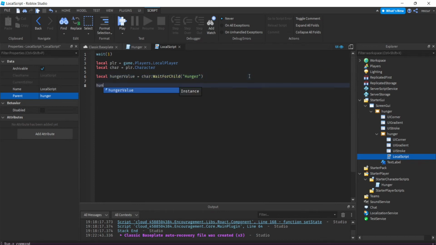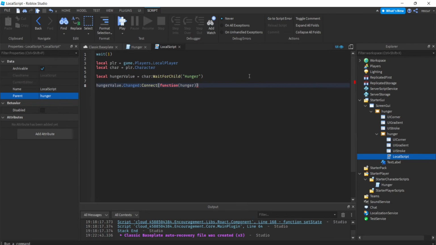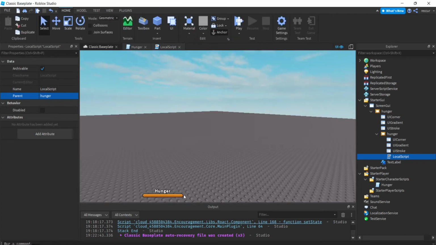Okay, so hunger value dot changed connect function, and then I think the hunger value is going to be hunger. This is how much hunger the player currently has after it has changed. So when the hunger has changed, we're going to set the size of the hunger bar to how much it has, and it's in a ratio. So for example, if it has, like, for example,